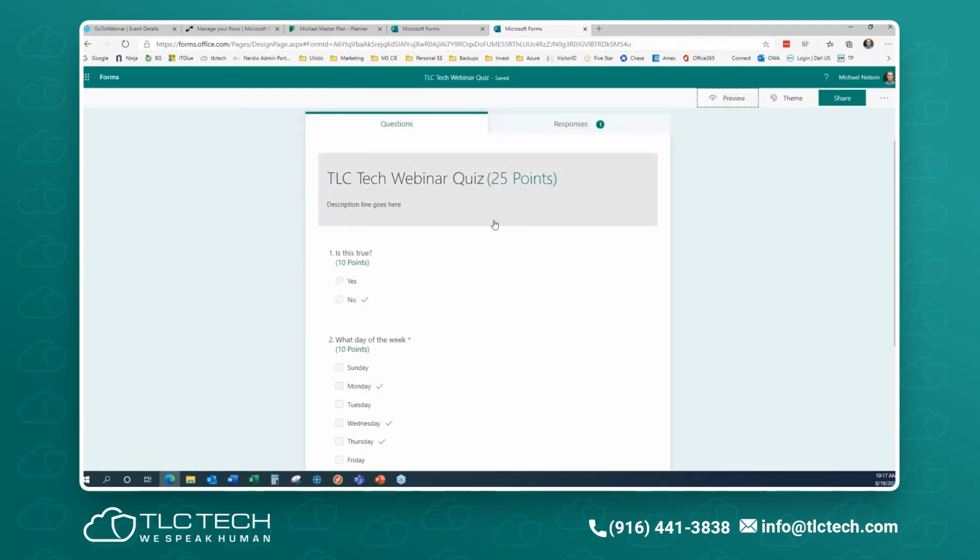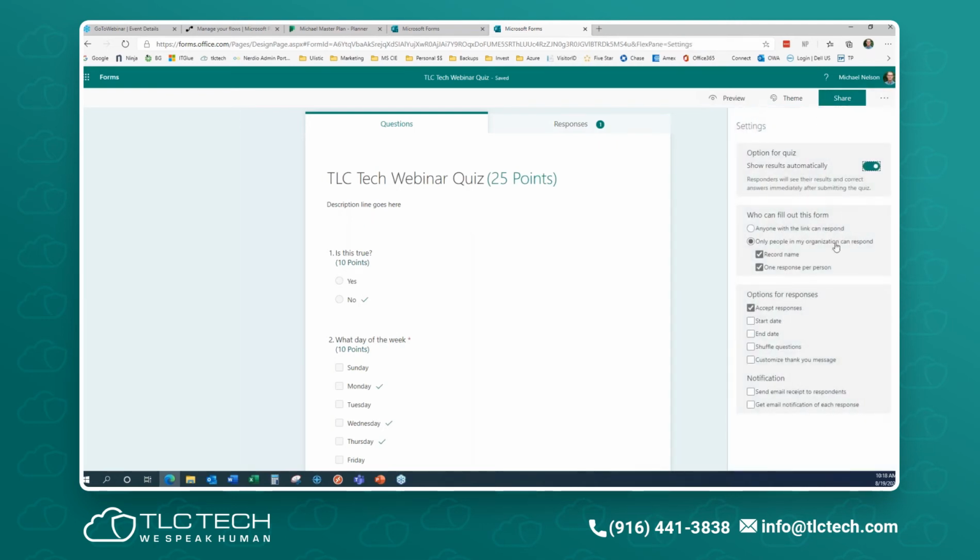So we're going to go back and I'm going to say, wait a second, I want to be able to answer that again. So again, I'm in the forms, I'm in the preview, I'm in the area where I can preview. I've also got more ellipses here. I'm going to go to the settings for this form, and I'm going to allow more than one response per person. Now it'll say record names, and I'm saying only people in my organization. I can also say anyone with the link. I can force it, but you notice right now, when I do that, I can't say only one response per person and record name because again, they're coming in anonymous, so it can't track it.